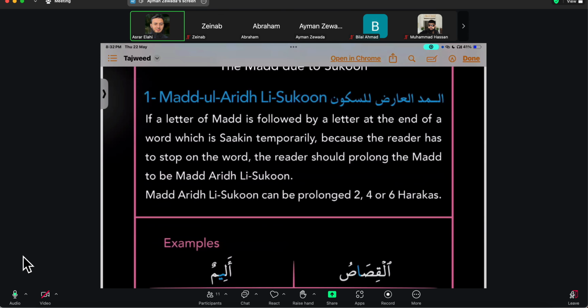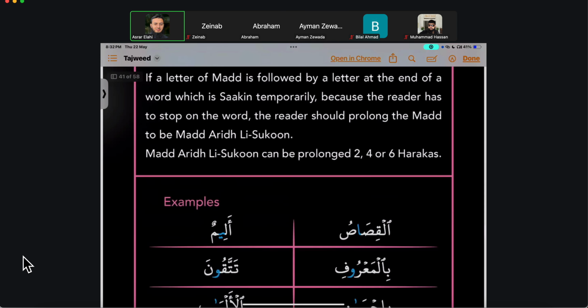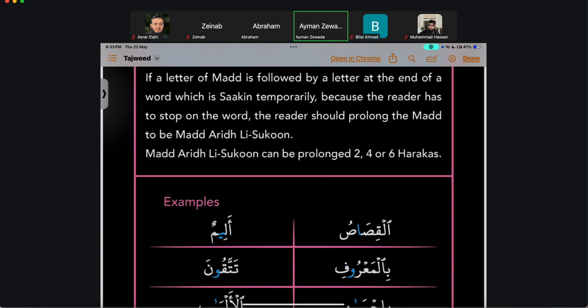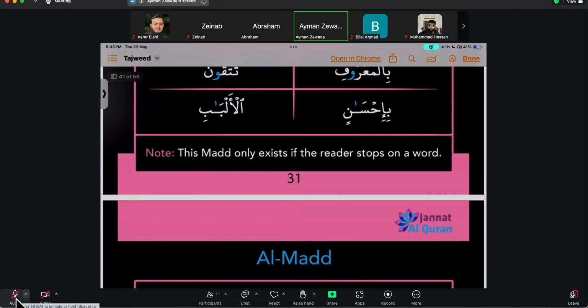All good. Just I think confirmation that it means that once we choose one of these numbers 2, 4, or 6, you have to be consistent with every ayat, right? Correct. MashaAllah. I was actually going to use that as one of my questions, but yes, you're completely right. Same concept applies. You have to stay consistent.